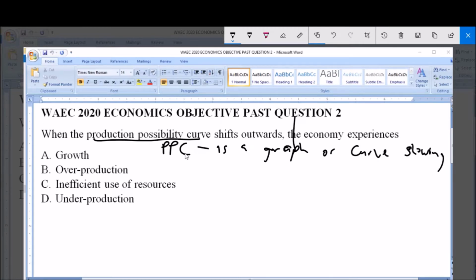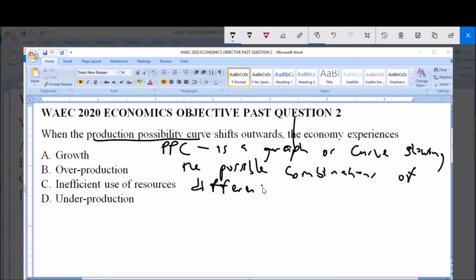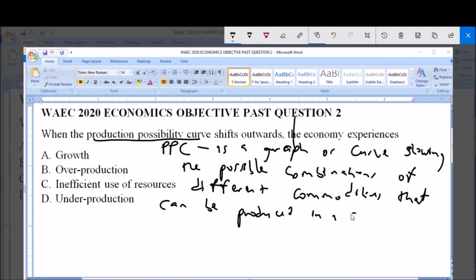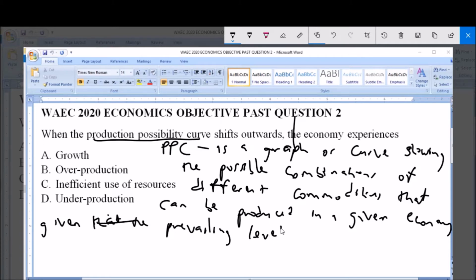showing the possible combinations of different commodities that can be produced in a given economy. Now, there's a condition, and this condition is given the prevailing level of technology,